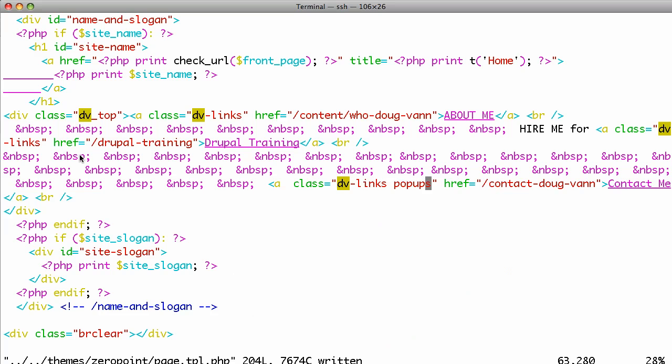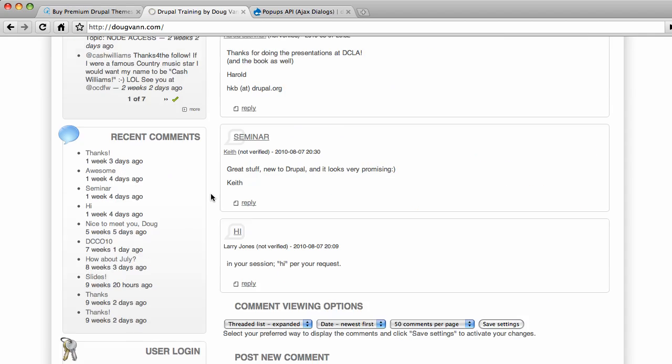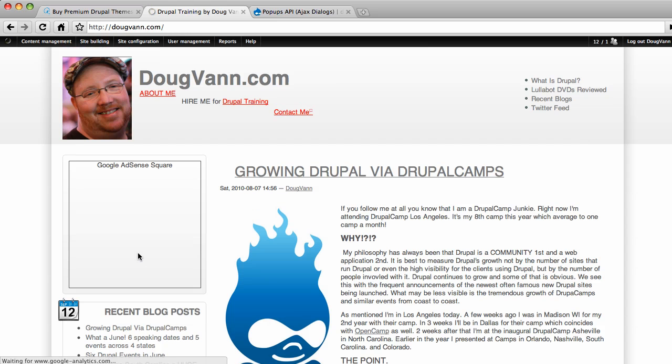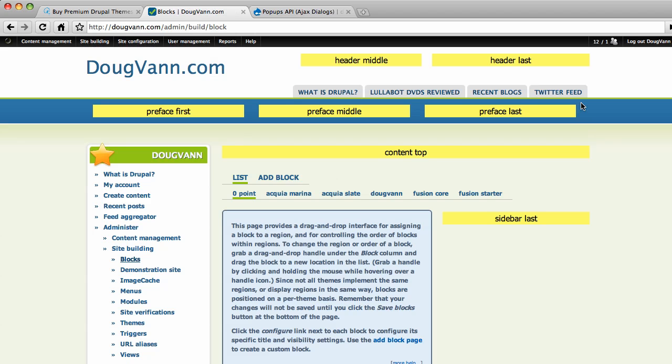So to review what we did, I added the popups class to this link and made it happy. Now I do want to show you one more thing, and I got to log in again. You can also use this in the context of putting in a link in your WYSIWYG or any place else you want to put it. For instance, I could create this block here, and this will be a quick tutorial on how to create a quick custom block. So add block,